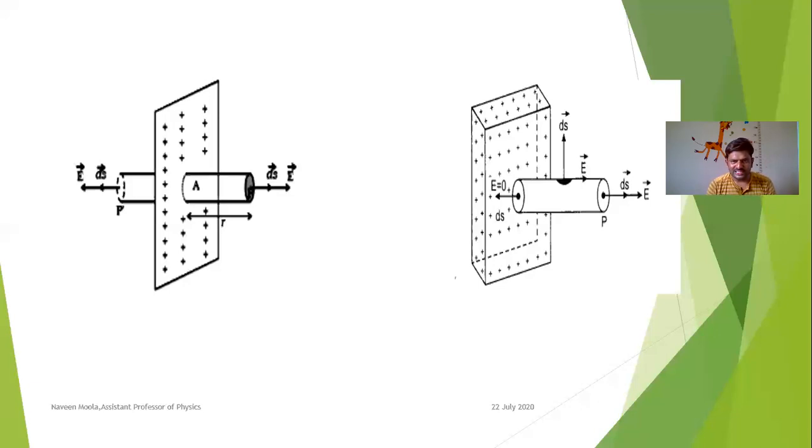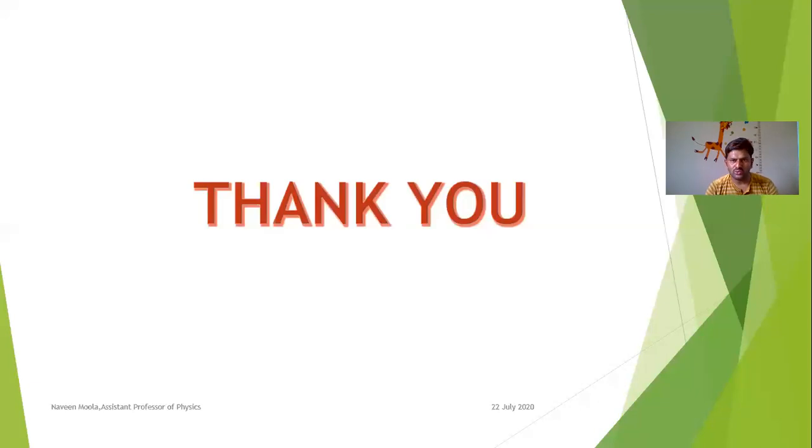With this, I am going to stop this video, and in the next video we will see other applications of Gauss law, that is, three-dimensional charge distributions, such as a spherical or a cylindrical charge distribution. We will apply Gauss law to three-dimensional charge distribution, where we need to consider rho equals Q by V, the volume charge density, and then we will see how to derive Coulomb's inverse square law from Gauss law. We will see that in the next lesson.